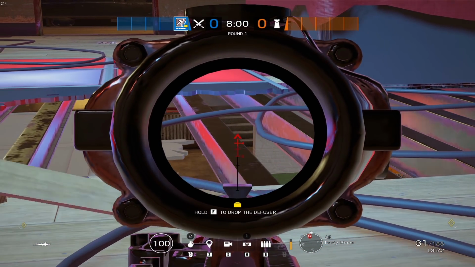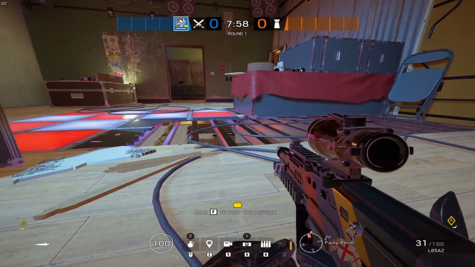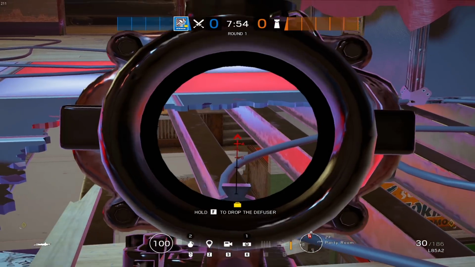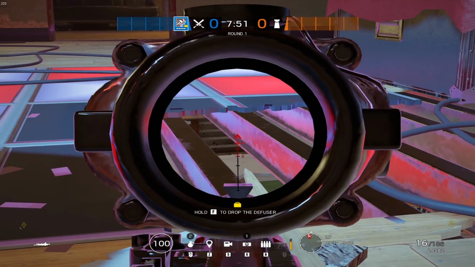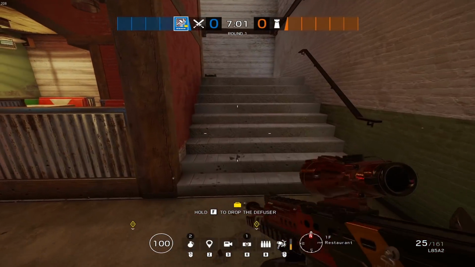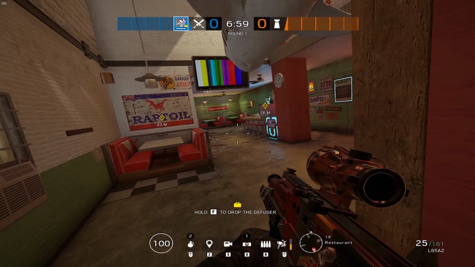Just a couple of well-placed shotgun shots will clear enough of this. I've obviously opened way too much of it. But it will clear enough that you can actually see the bottom of those stairs and contest anyone that is trying to go up them. Now, with us being able to see to the bottom of the shark stairs from the party room,